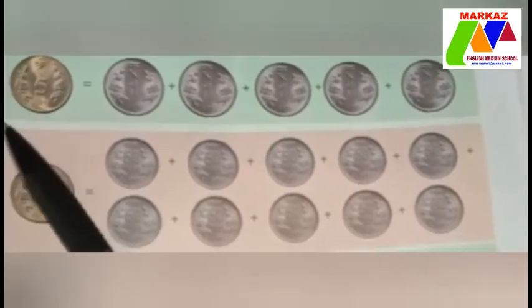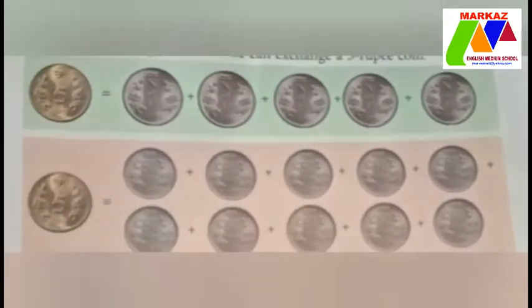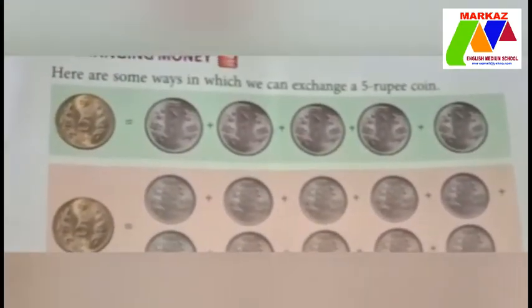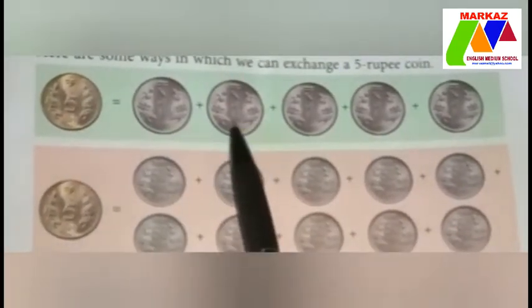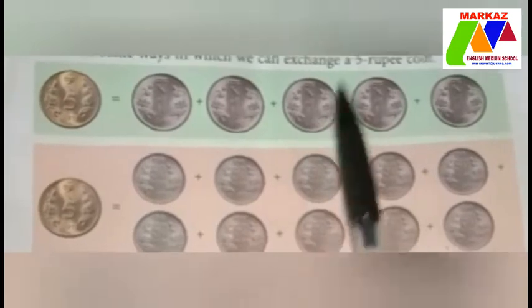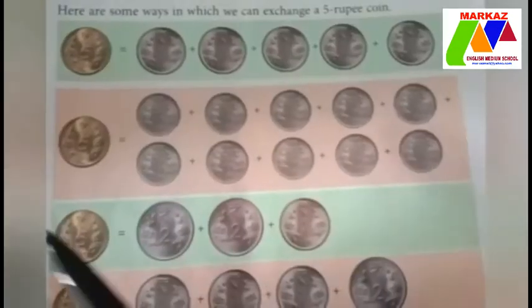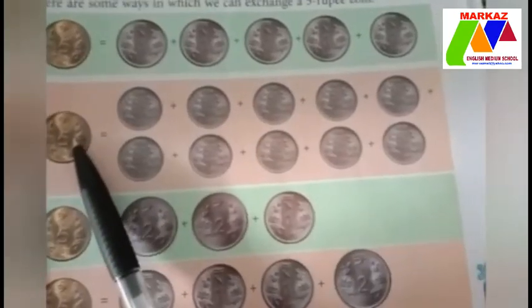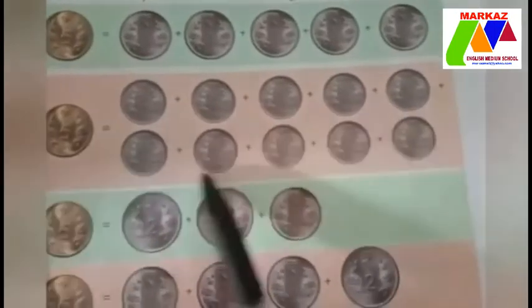A 5 rupee coin is equal to the sum of 5 1 rupee coins: 1 plus 1 plus 1 plus 1 plus 1. A 5 rupee coin is equal to the sum of 10 50 paise coins.